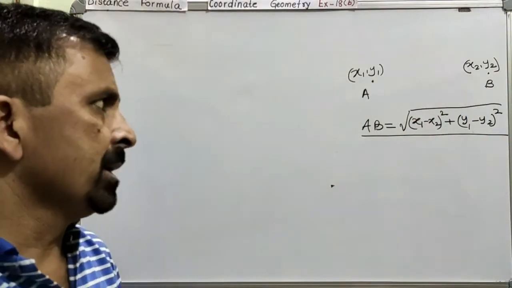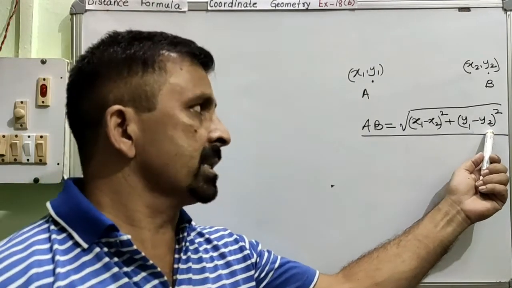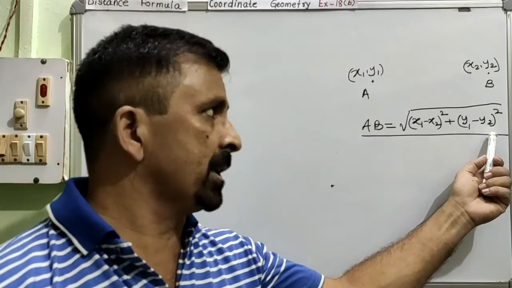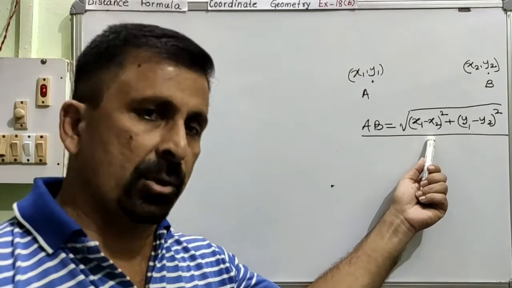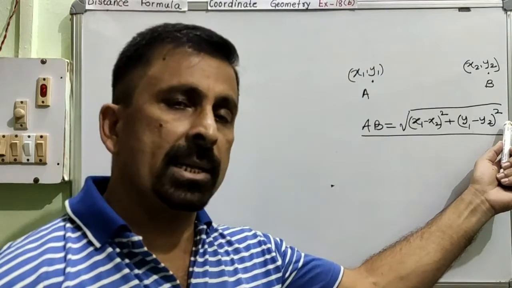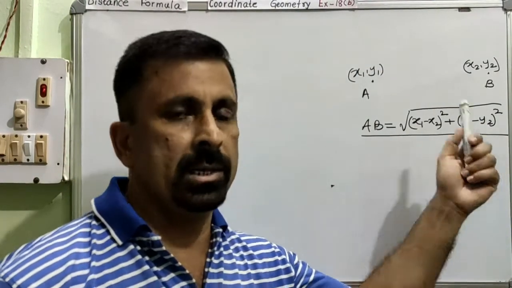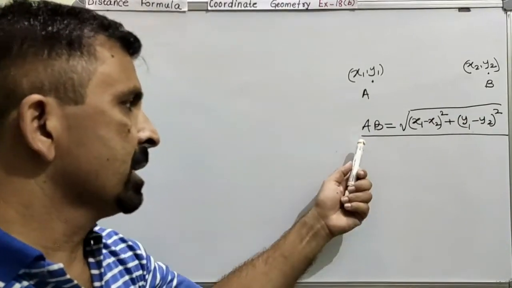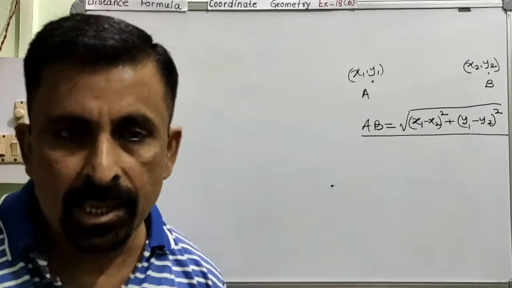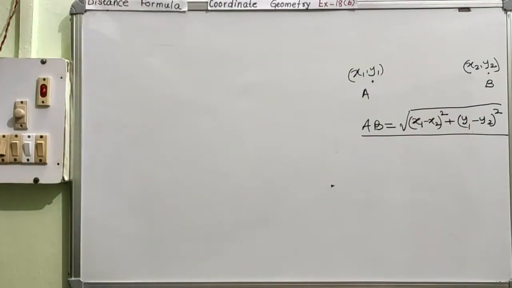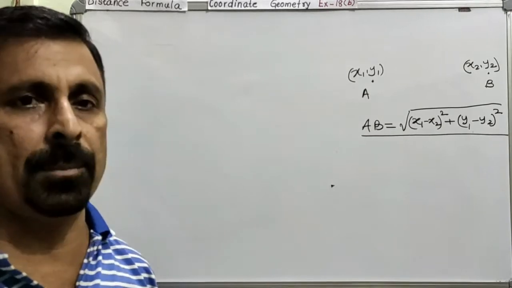Is this okay? This is the square of the difference of the abscissa, and this is the square of the difference of the ordinate: square of the difference of x coordinates, plus square of the difference of y coordinates. Is this okay? So using this simple formula, we will be able to calculate the distance between any 2 points. Am I very clear? So with this, we will start with question number 5.